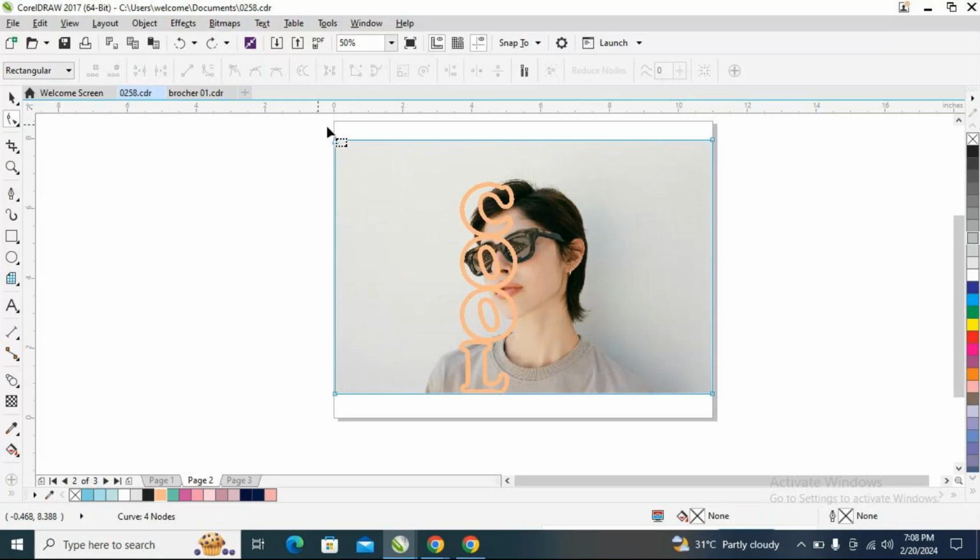Okay, select the 2 points and just hold control and drag it till the center of the font. Center of the font here. And after that, after joining everything here, you need to